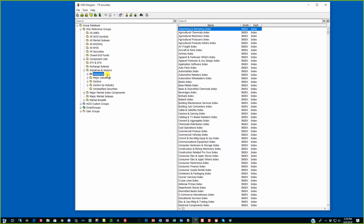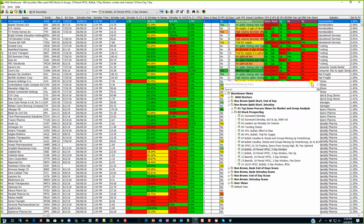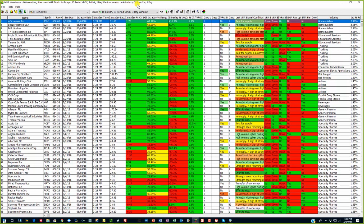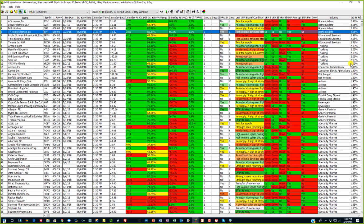Okay, we're done. Now, I'm not going to stick in industries right now. I'm going to go back to all securities, click through to that warehouse view, go up to the top, make sure my filter is reapplied, and look what happened here. I'm sorted on my combo, the industry percentage price change 1 day. I know this data is current. What did we see in the ETFs? We saw that home builders were the top group, and we find here that home builders are the strongest group. That industry just happens to be up 2.96%